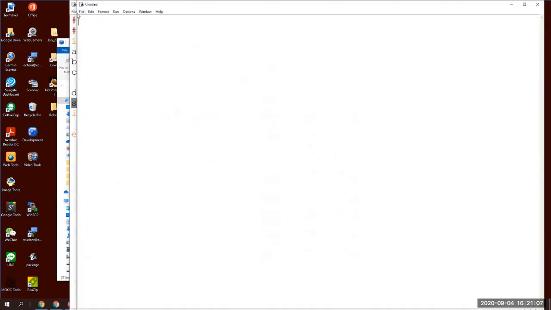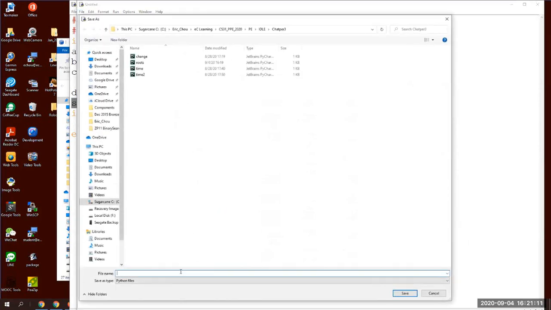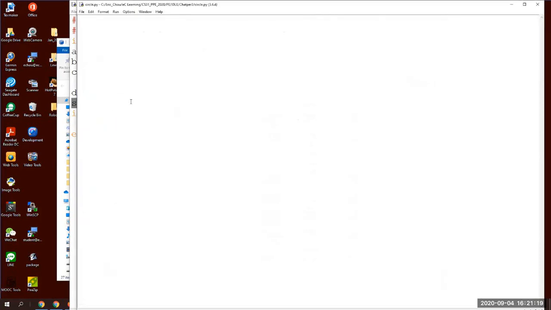New file and save as, here, let's do circle. So for circle, we import math, and we do radius. Some of you have worked on this homework already, it's fine. So we need to take the data as floating point type, input,